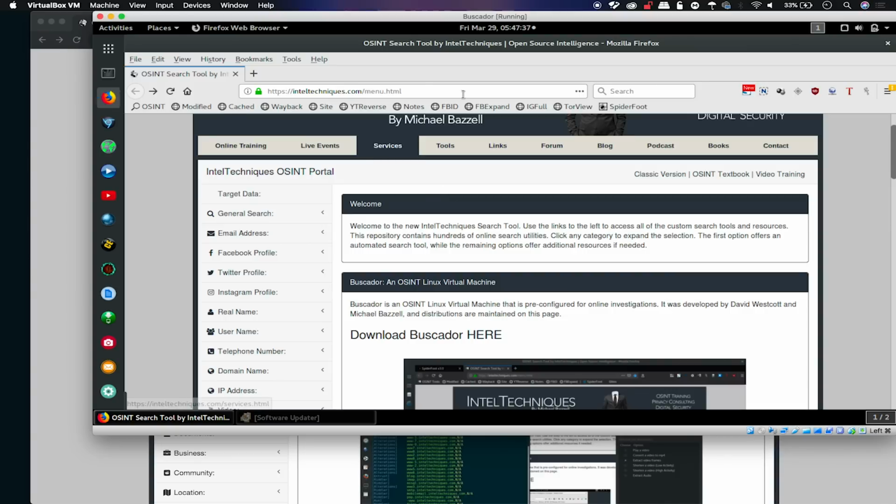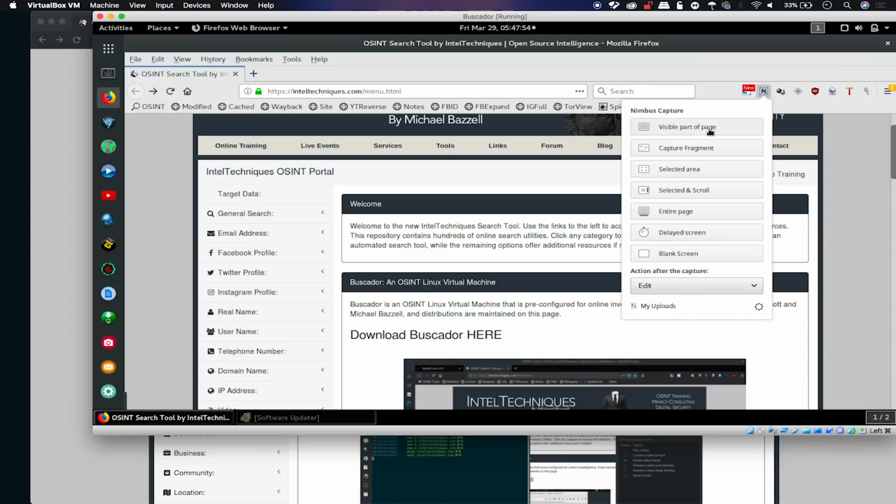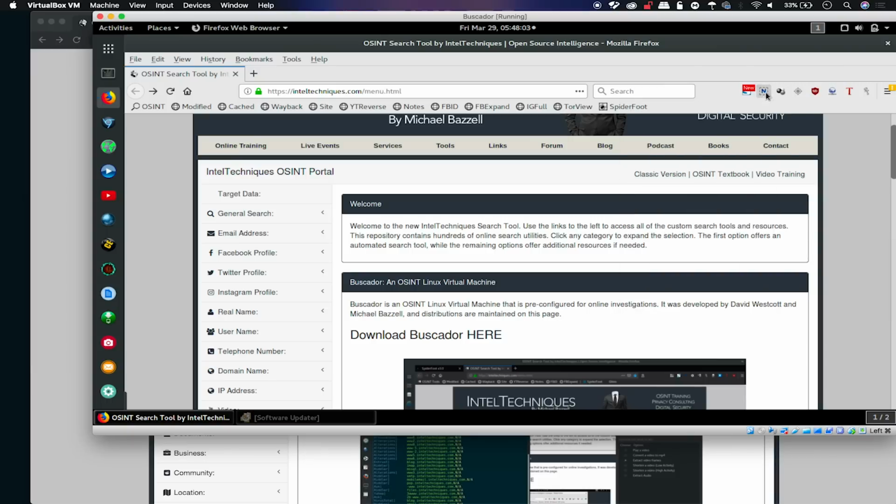And within the browser extensions that they include in Firefox, one of my favorites is Nimbus Capture, Video Download Helper, as we covered before, and then Fireshot Capture. Now, if we want to capture something like this website here, we can either choose the visible part of the page, a fragment, the selected area, or the entire page. And we can even add annotations and then add it to a cloud account, which is super cool